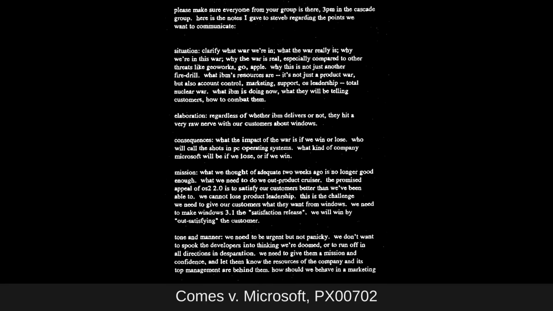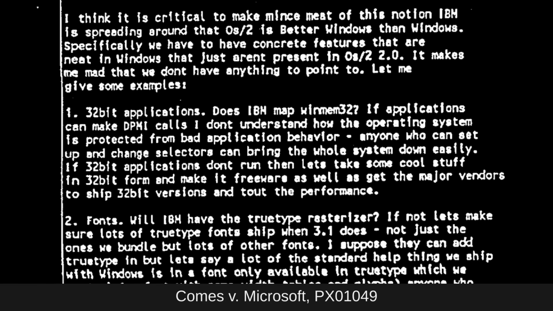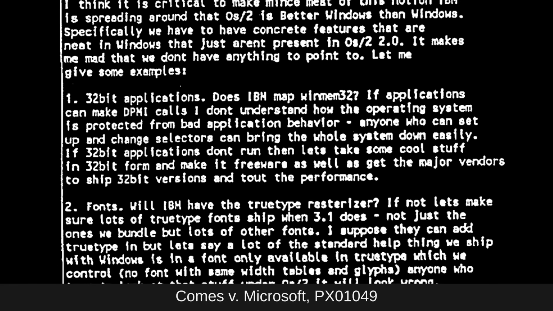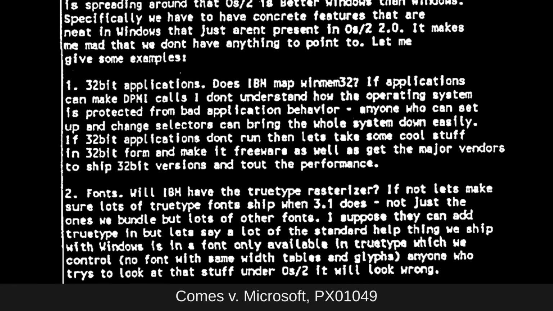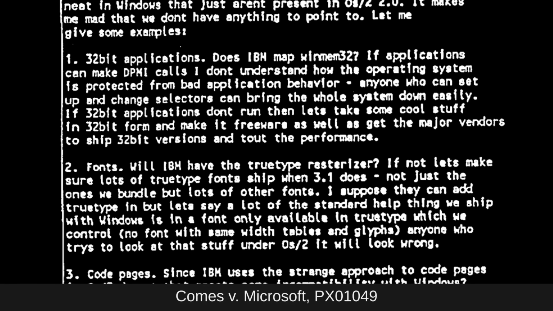And at this point, IBM was hitting quite hard with its marketing of the upcoming OS2 2.0 release, to the point that Microsoft was kinda panicking about IBM having the better product, especially with the promise of running Windows-free applications, but with the stability of OS2. Microsoft did not like this new direction and decided to silently kill all future development of OS2 applications, but not publicly announce this. This even became active sabotage, with decisions specifically made to break compatibility with OS2 and to make it look worse. Here, Bill Gates is frustrated that they don't have anything cool to point to in Windows 3 that doesn't work on OS2.